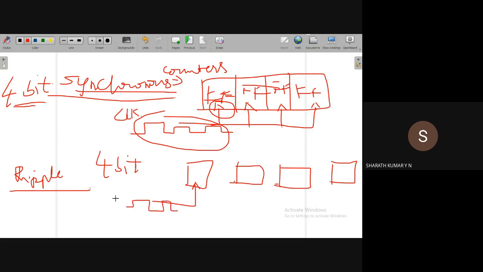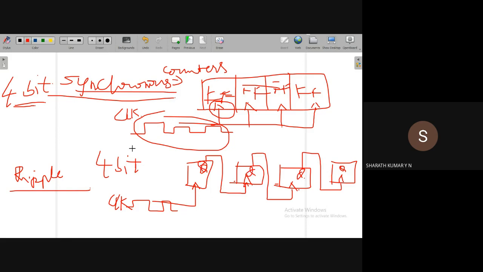The output of that flip flop, for example Q, is applied as a clock pulse to the next flip flop. Similarly, the output of this flip flop is applied as a clock pulse to the next flip flop, and the output of this flip flop is applied as a clock pulse to the next flip flop. What is the reason for this? We'll discuss that now.